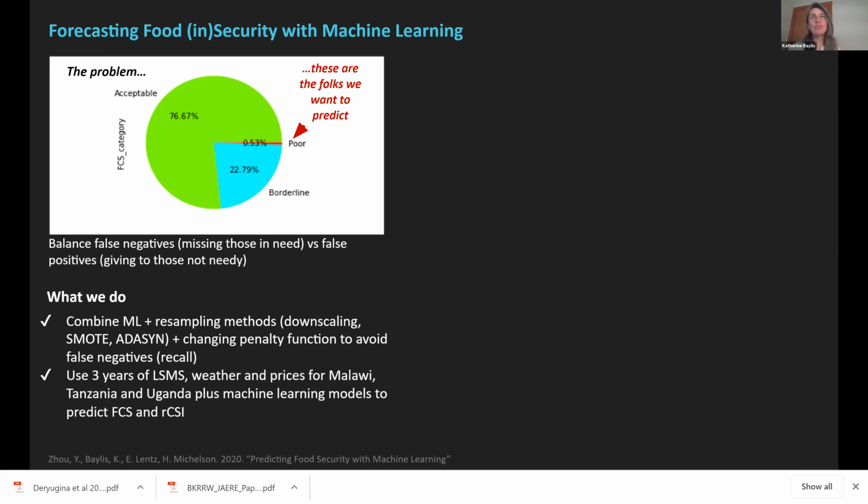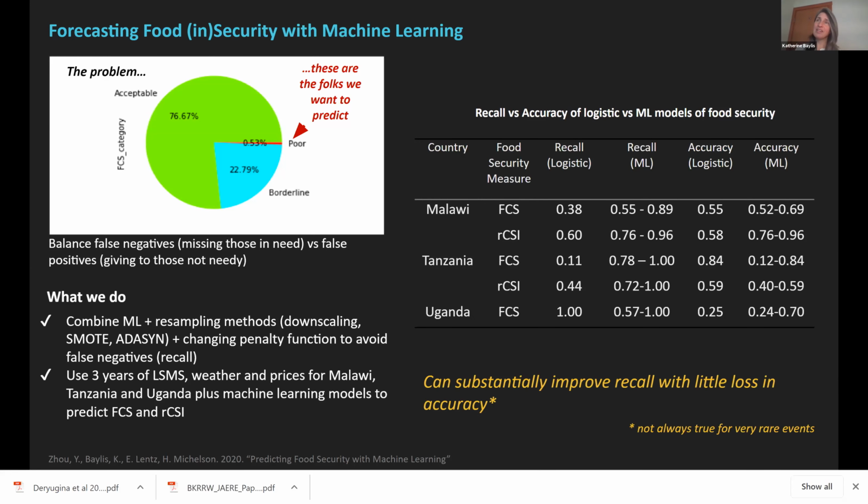And then we use a bunch of existing survey-based data to try and predict food insecurity. I won't go necessarily into the details. The quick thing to note here, if you look at the recall using the logistic curve versus the recall using machine learning, is we're getting much higher recall rates using machine learning, but our accuracy is not doing